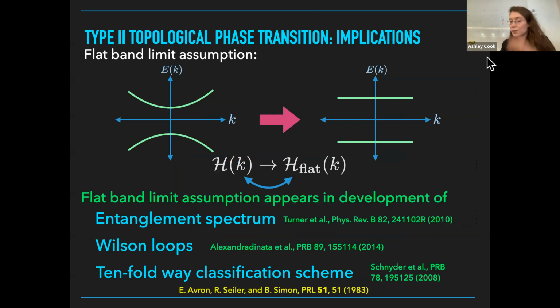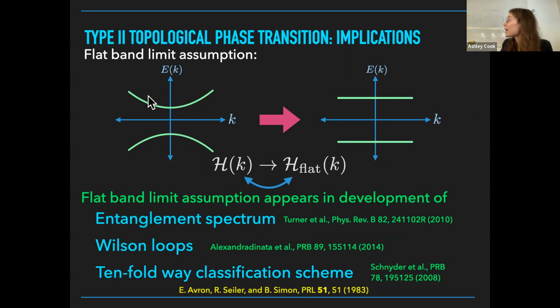All right, so I said that I would talk a bit more about the implications of the type 2 topological phase transition. So the key point is that it serves as, to my knowledge, the first contradiction of what's known as the flat band limit assumption. So this is the assumption that, and I said it in the first talk,